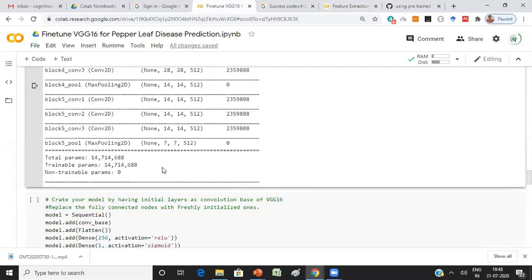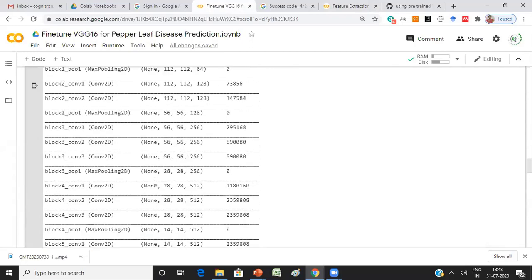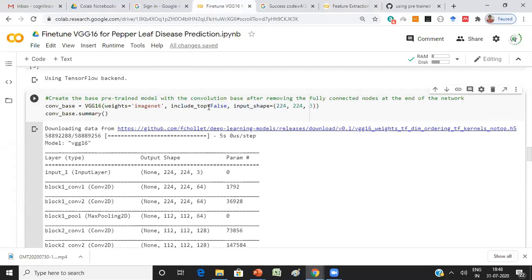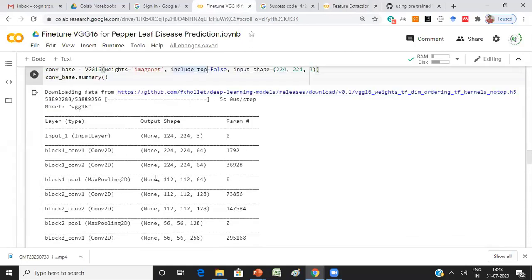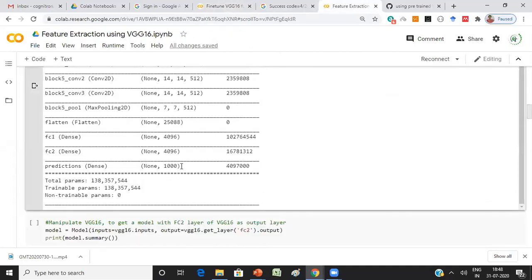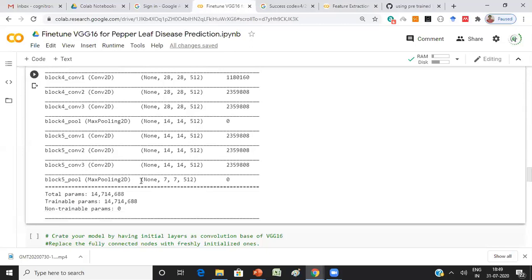Madam? Yes, tell me, sir. Just scroll up, madam. Just see, the screen is going up. What? Now? Madam, that VGG structure, whatever you explained, at last 1000 is coming. Yes, it is 1000. 1000 is coming, but after fine tune, what will happen, madam? No, we are going to add our own layer here.